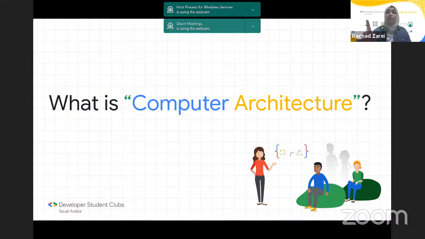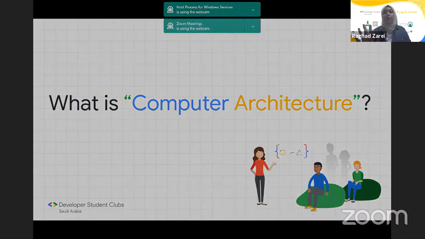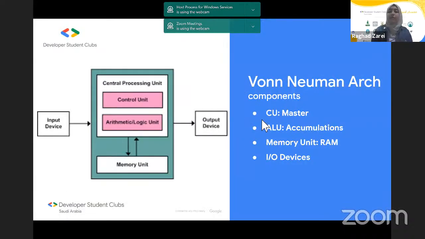Now, let's talk about the most popular computer architecture, which is the von Neumann architecture. To briefly explain its components, it has, of course, the CPU, which we all know. It has a control unit, which is the master. It controls everything that happens. There's also the ALU, the arithmetic logic unit.